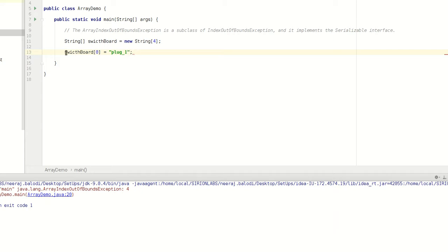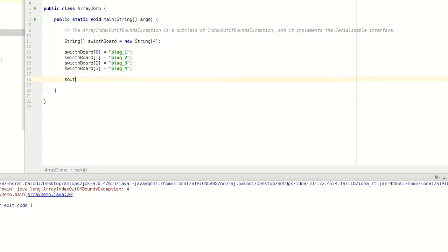Similarly for the other indexes, I can traverse this and fill the elements till 3 in this array because I know the size of the array. So for 1, for 2, for 3, you can change here to 2, 3 and 4. So now the array is filled.